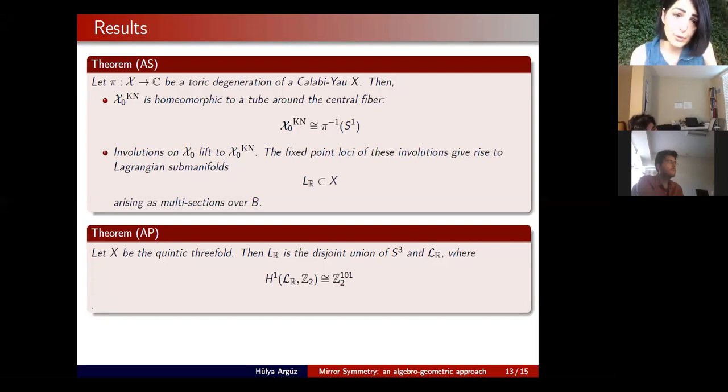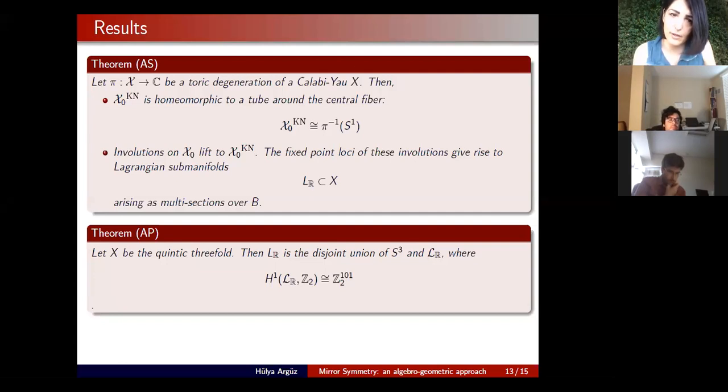So actually what we did with Thomas is, a priori, in our first paper, we wrote a paper on real Lagrangians in the quintic threefold. And we just wanted to understand the topology in the quintic. And we really worked very hard to encode all the monodromy data we need to understand the topology and everything into Magma and Sage. So we wrote a code with thousands of lines. And we found all these results of these cohomology groups.